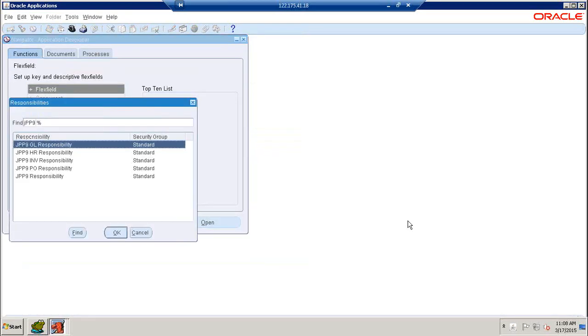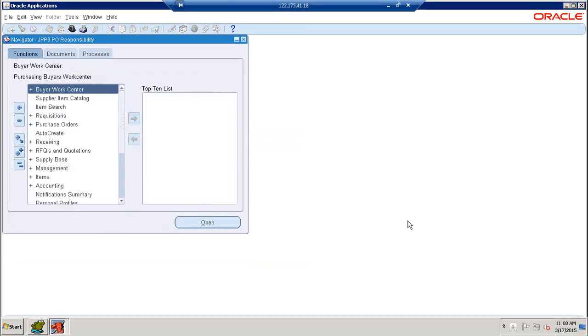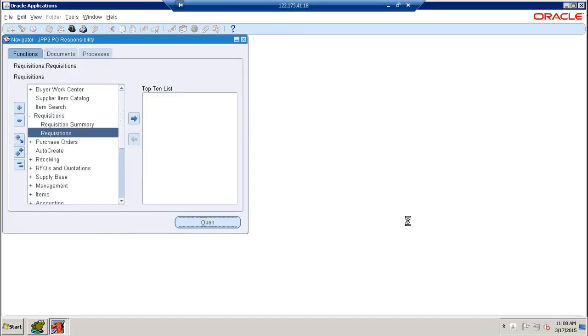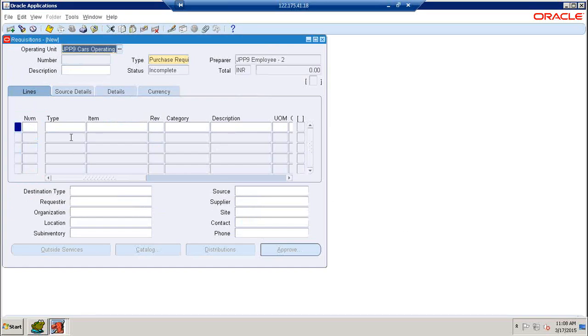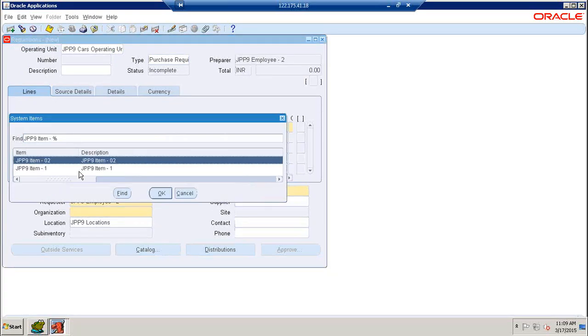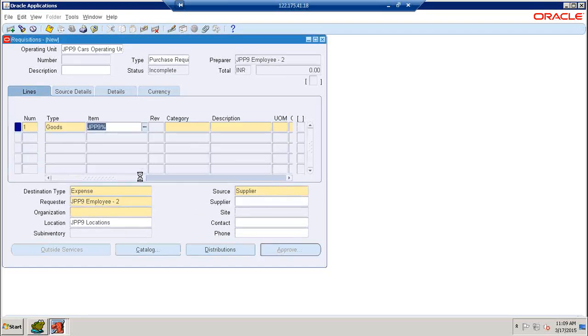Go to the respective PO, and here observe this one. We have a requisition. First of all, I want to create a requisition, and with the reference of that requisition, we want to generate the PO. Then here, first I want to create a requisition. Item is JTP9. So we have only one item, and